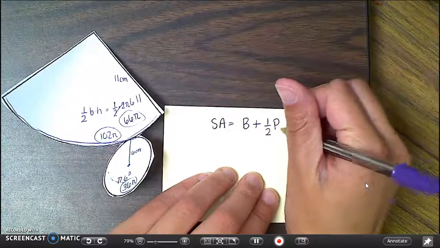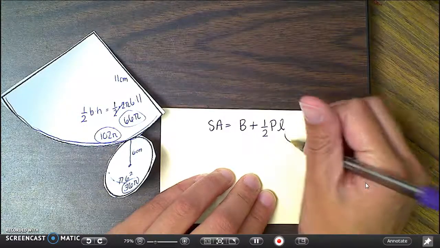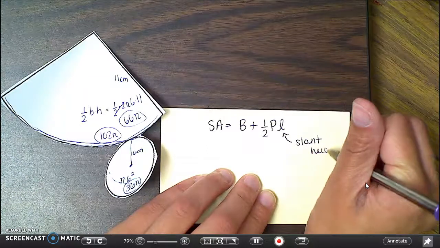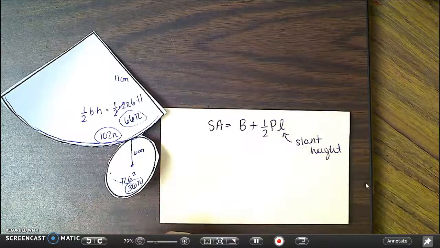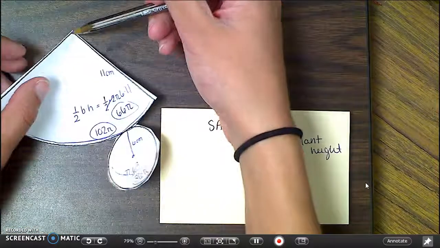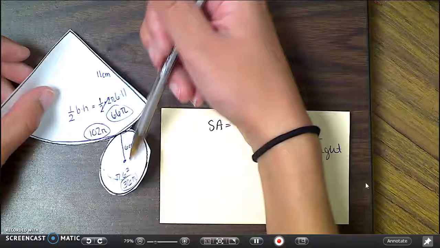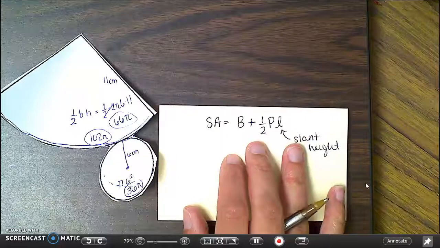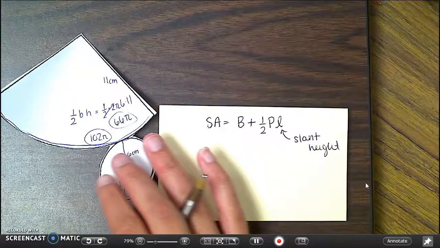So we made up this new letter, fancy L, and that stands for the slanted height, which is what we have here. The 11 is our slanted height because it's along the slanted edge. It would be a true height if it went from the top to the center of the circle on the bottom. So we want to make sure we get this in our notebooks,